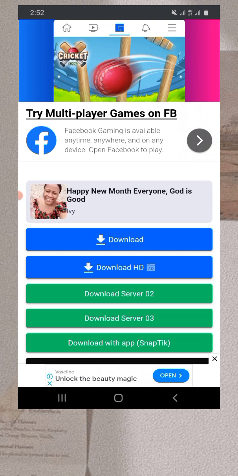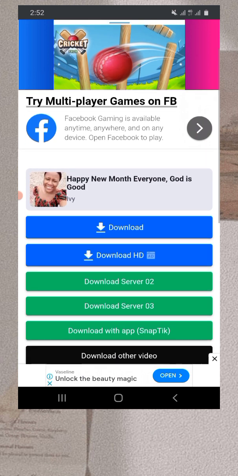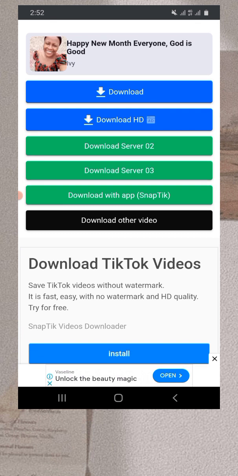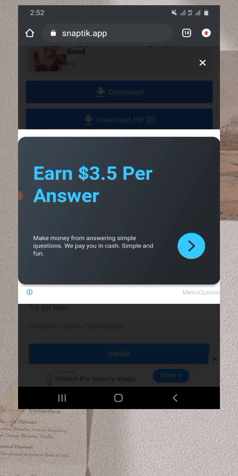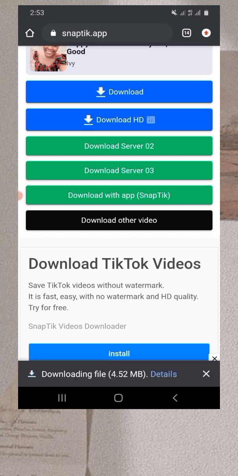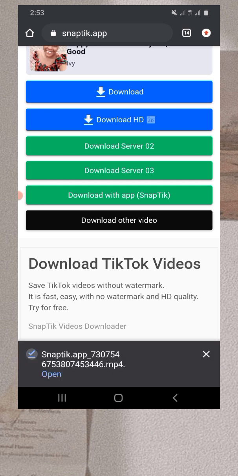Happy New Month everyone. God is good. That was the title I gave it. So guys, you click on download. This is it. I'm clicking on the first one here. Click on it. You click on download and as you can see, it's downloading. It's already here. Now when you click on open,